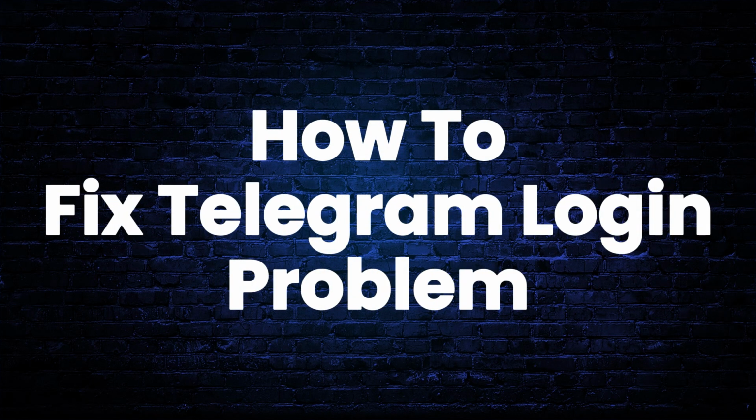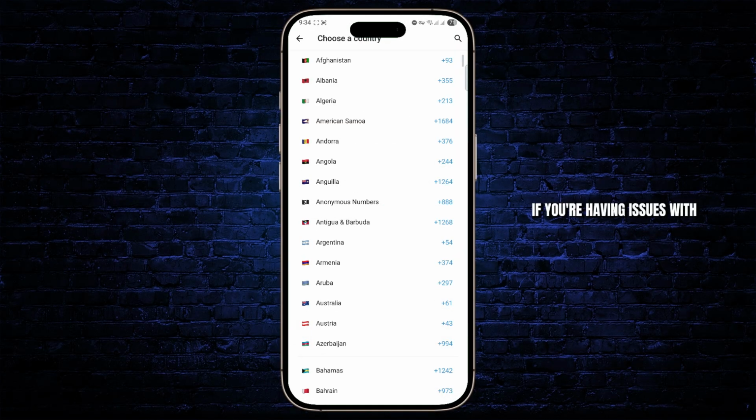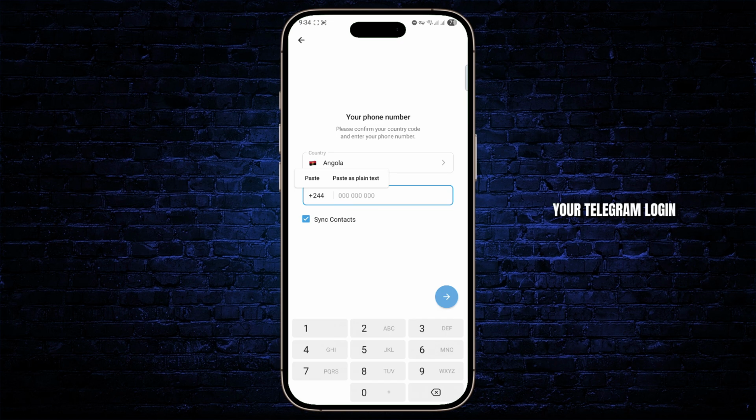How to fix Telegram login problem. What is up everybody? In today's tutorial, I'll show you guys how you can fix if you're having issues with your Telegram login. So if you're unable to log into your Telegram account, then the first thing you're going to